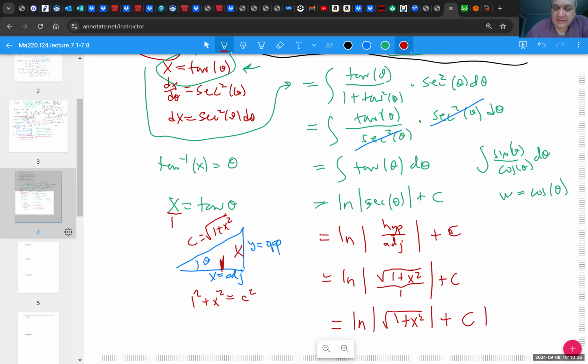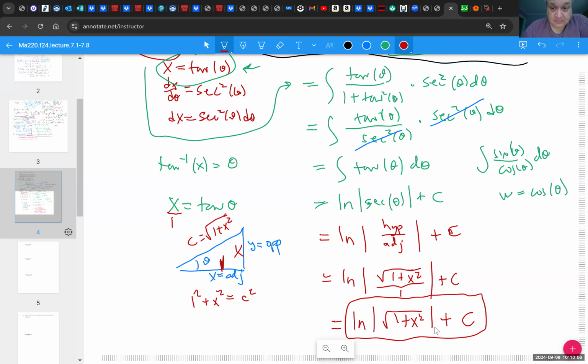And yes, there are more ways to simplify this, like 1 plus x squared square rooted is the 1/2 exponent, which can be brought in front of the log. If you'd like to do that, that'd be great. You don't need to do it if you don't want to. So that would be a great answer for this problem: ln of the square root of 1 plus x squared